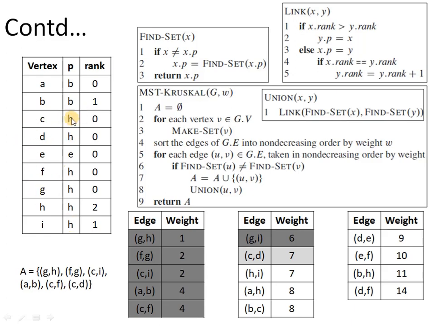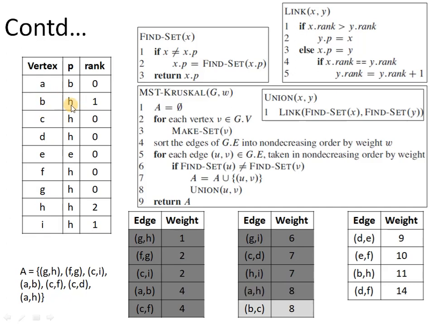So these are the two updates that will happen when we work with this H. Next we have HI. So H and I, they both belong to the same set. Discard the HI. Then AH. So A and H, they both belong to different sets. So next we have to combine them, and we have to keep the edge AH. So we have kept the edge, and we have updated the representative of B to H now.